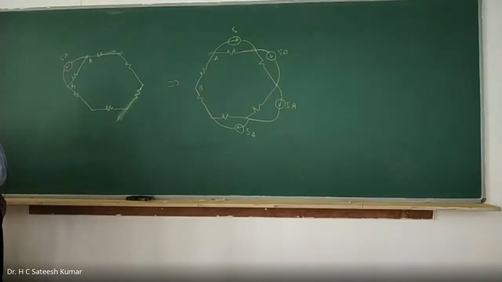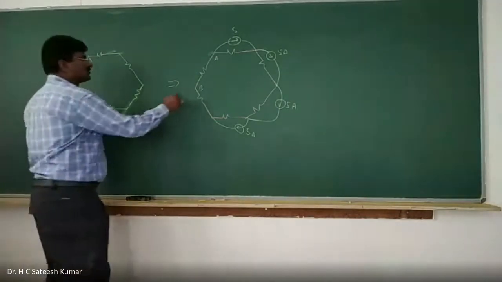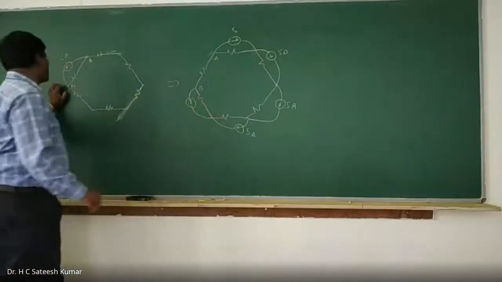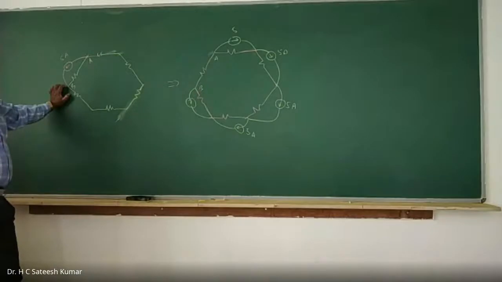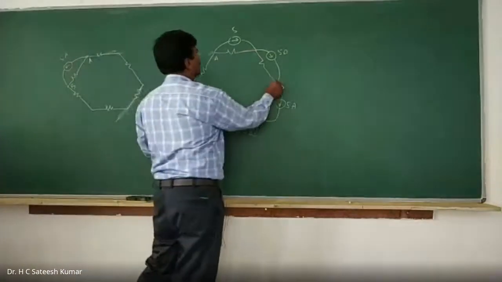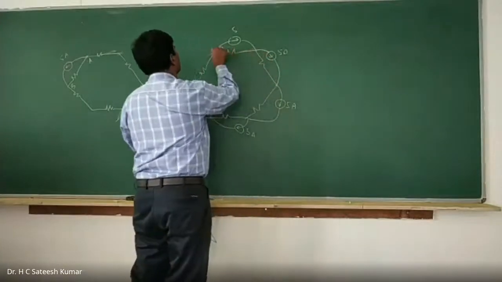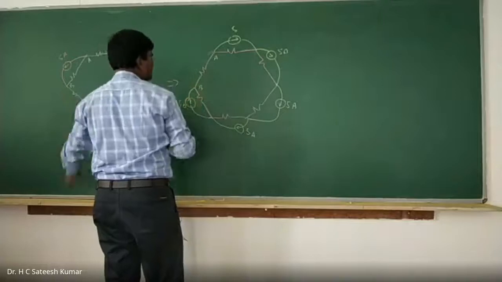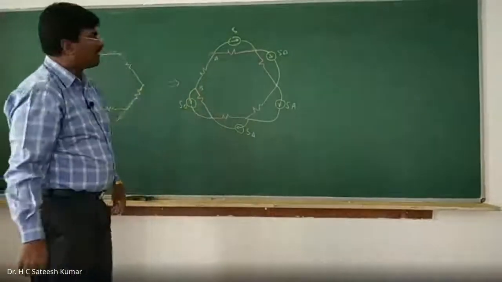And next, between this one, 5 amps is entering here. So net is 0. To make it net 0, you make 5 amps enter. Now for point B, 5 amps is entering, correct? Here net 0, here also net 0. Here 5 amps leaving, here 5 amps entering. So therefore, equivalently, we can modify like this.